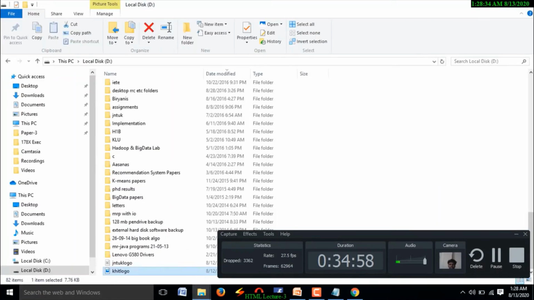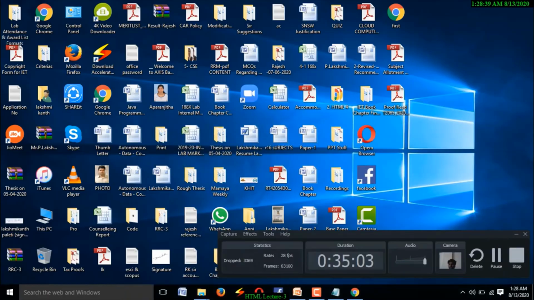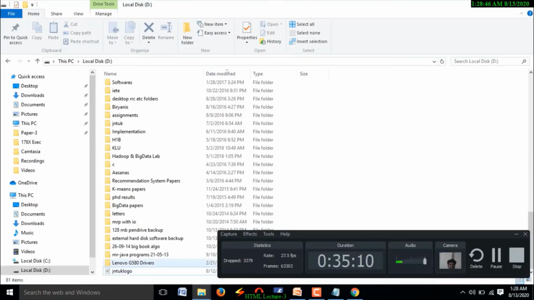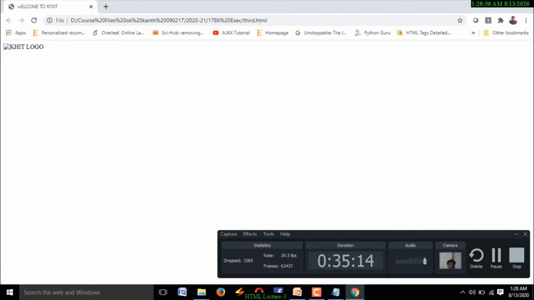Suppose I remove this one and paste it on the desktop. Observe this case. In this case, D drive doesn't have the KHIT logo. Because of that reason, image loading is not possible, right? Suppose you didn't mention any alternative text, what is it going to display? Nothing. Why?